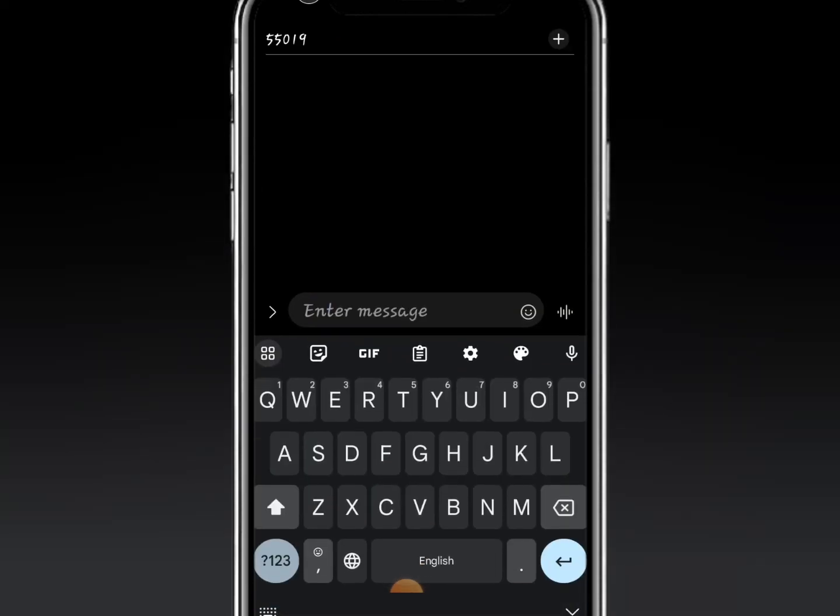So what I'm going to type in here is UTME result in capital letter. Then you send to them. Immediately you send, 15 naira will be deducted from your account, and in less than 1 minute your result will be displayed. You understand? But currently results have not been released, so you have to exercise little patience,